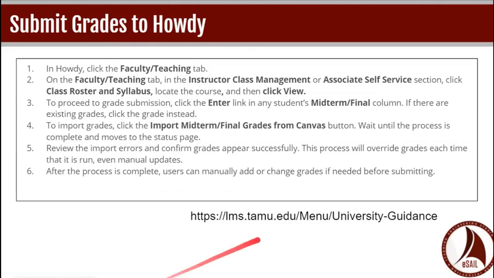The instructions are found on the lms.tamu.edu. I cannot walk you through that because I do not have access to that because I don't have a course currently. An important thing to know about submitting grades to Howdy is that there are specific times when that occurs. So you want to make sure that you get those done within the time frame that's necessary.